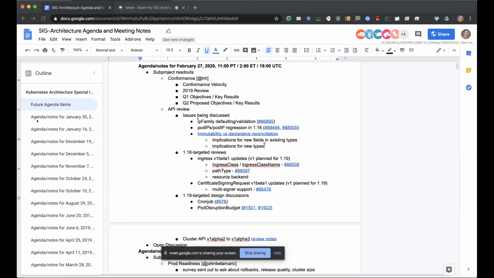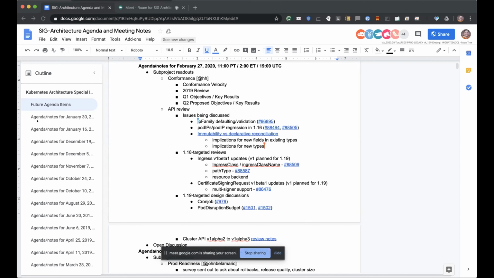Because you only have a client observing an object at two different points in time. The main reason we put immutable things in place is because the controller that's actuating that state, it's hard or difficult or impossible for it to make that change. And so relaxing immutability restrictions is fine when it's accompanied by making the controller responsible for being able to do that. And arguably, many of the places where immutability has been added on new fields was just we couldn't come up with a reason to make it mutable, but maybe we weren't properly dealing with it. When you're adding a new field, you should be able to articulate what can change and when it can change.